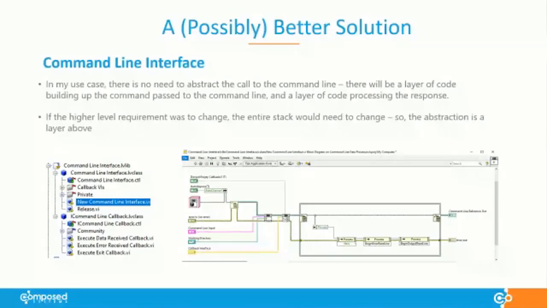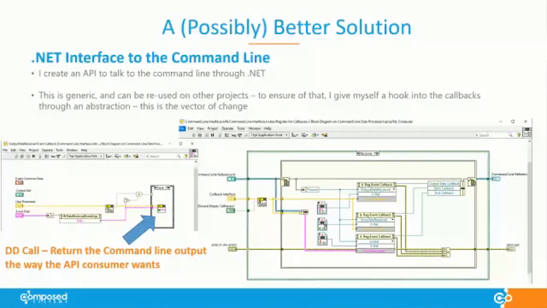I register for some .NET event callbacks when you receive the standard output or an error or exited. They're all .NET callbacks for these events, and I pass this callback interface into those callbacks. So you as a consumer of this API can be notified the way that you want, right? If you want an actor message,